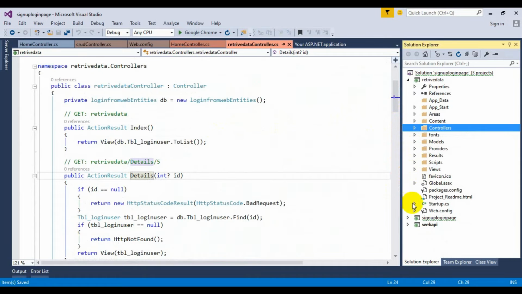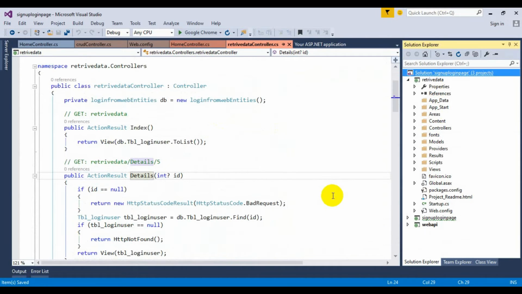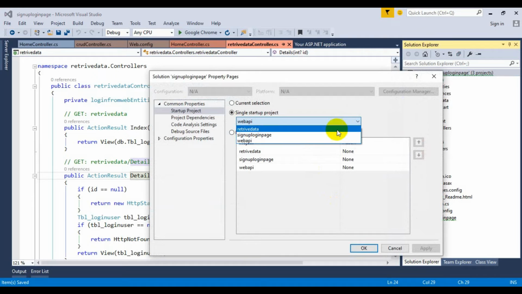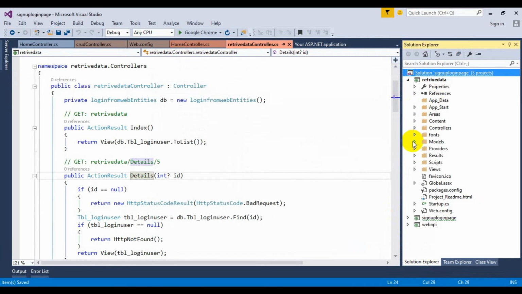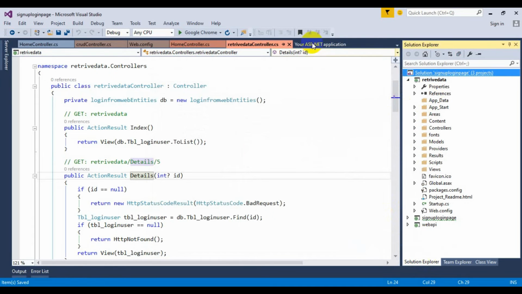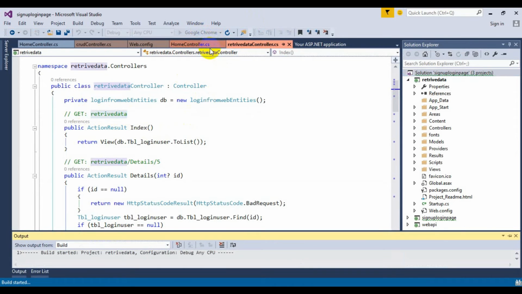First of all go to the solution, set up startup project, which project you want to run. I want to run retrieve data, click apply and click OK. This is our project, and the name of the controller is retrieve data controller. I copy this and run the project from Google Chrome.